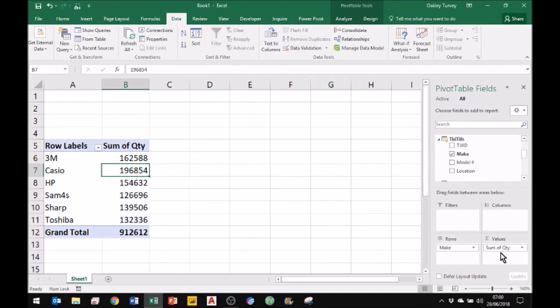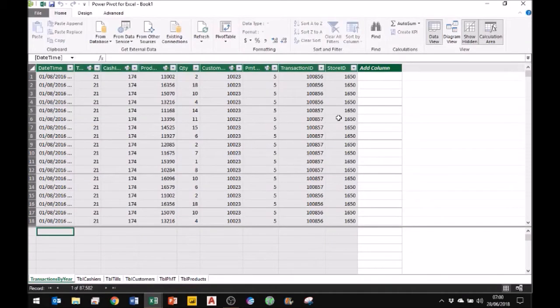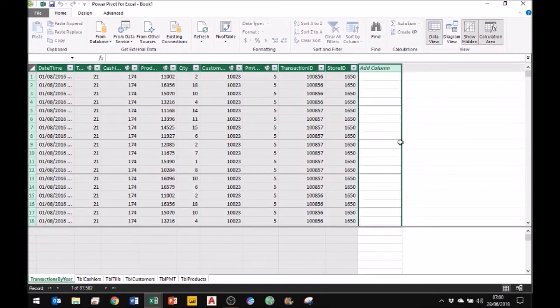But in order to find out the actual amount of monies as well, we do need to create a calculation. So we're going to do this back in the data model, and we want to add a column into our transactions table, which is our fact table, which is the quantity multiplied by the pack price. So I just click there to add a column, and then I just start typing in, and if you notice the formula bar, it works the same as in Excel, but I need to specify what this column name is first of all. So I'm going to call it line total,